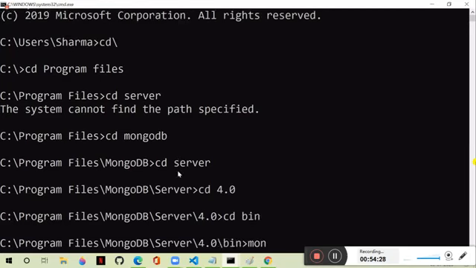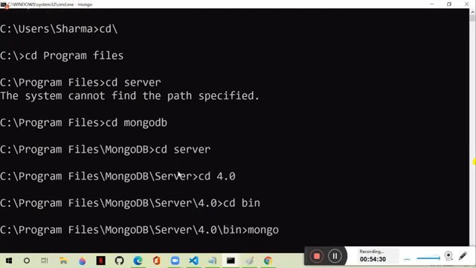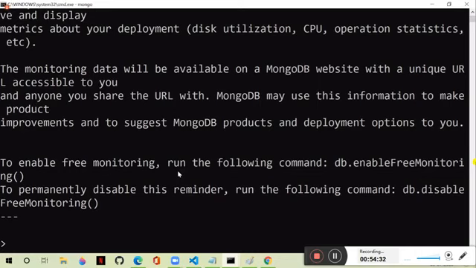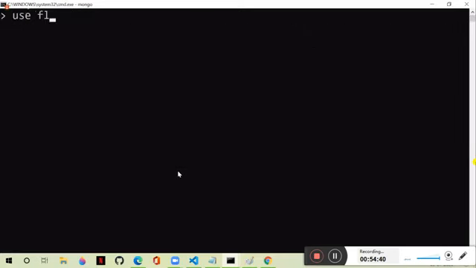Okay, and mongo. It is starting the MongoDB server. Once it started, use Flipkart DB. So it is using that Flipkart DB, and once it is using this Flipkart DB, then what we have to do is